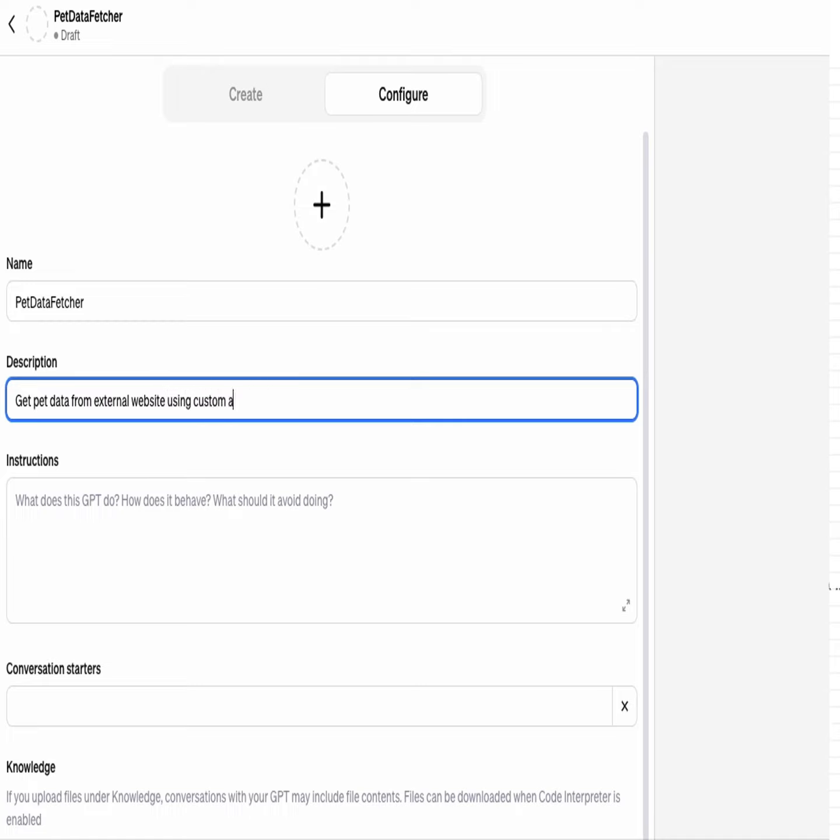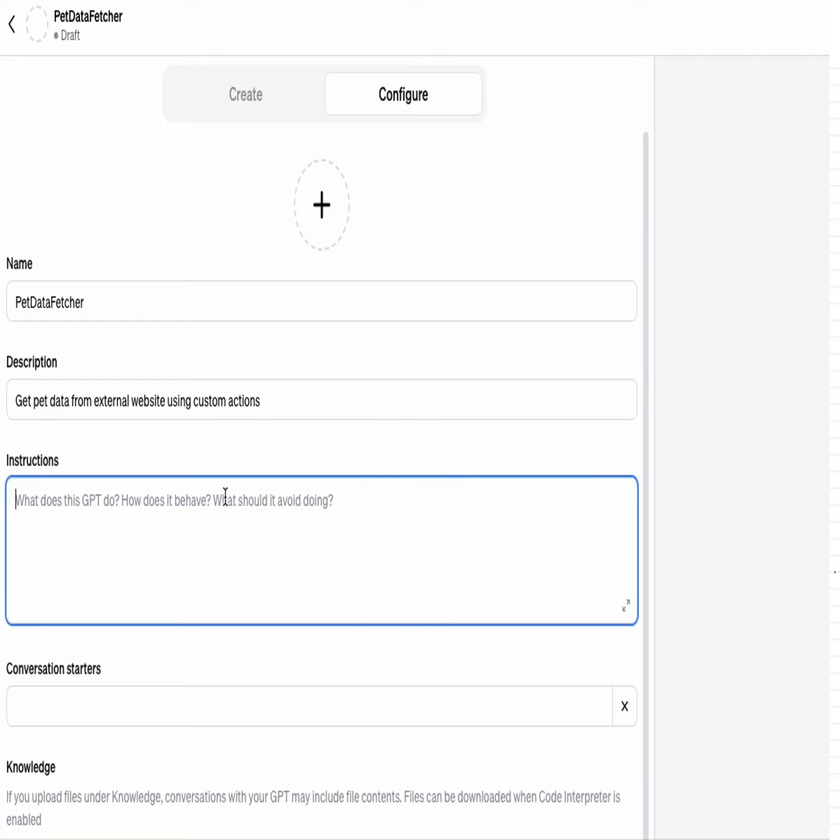Next we come to the instructions part. Instructions part are the most important. Instructions tell GPT what it is supposed to do and what it should not do. Here we instruct it to use custom actions to get data from external website. We will also explicitly mention it to use the getPetById custom action we will specify in the action part of